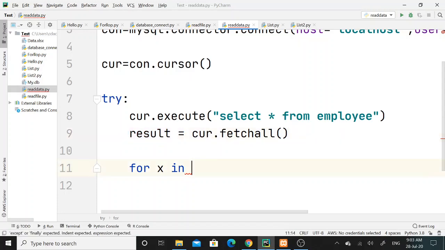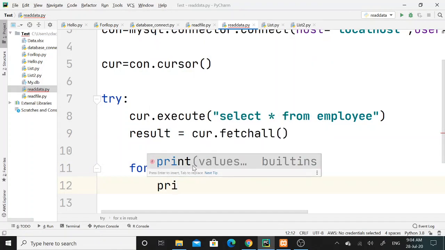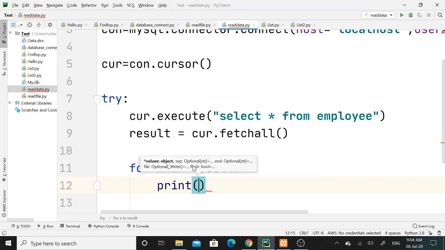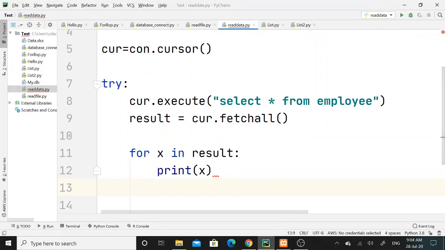Therefore, I will mention the variable name result, then a colon. This is the syntax of the for loop, and within this for loop I will invoke the print function and pass the x variable as an argument. So whatever records are present in result will be printed one by one using the x variable.